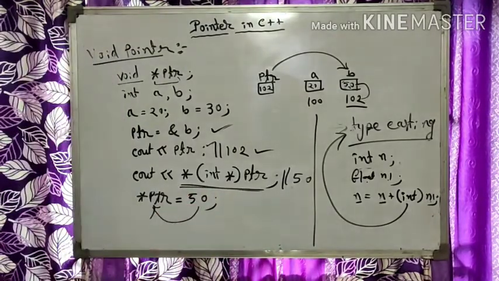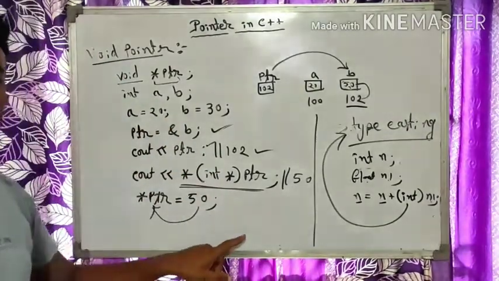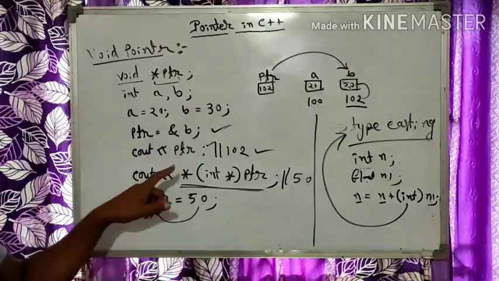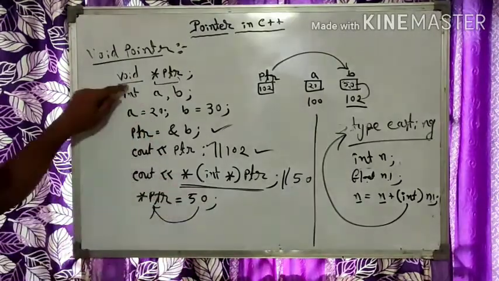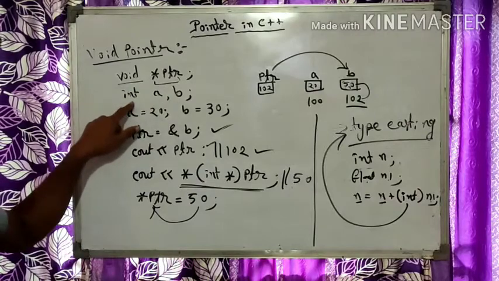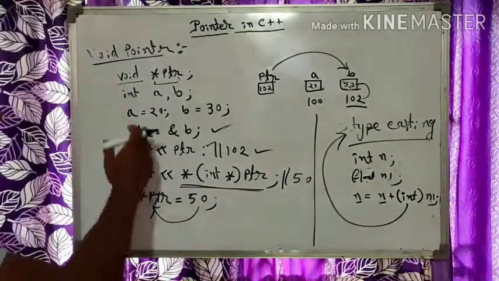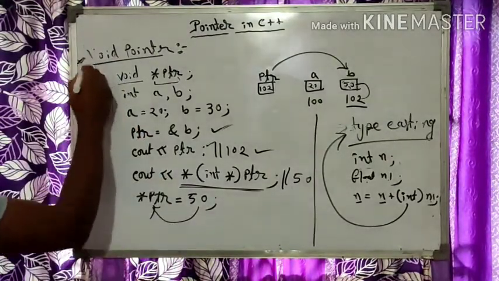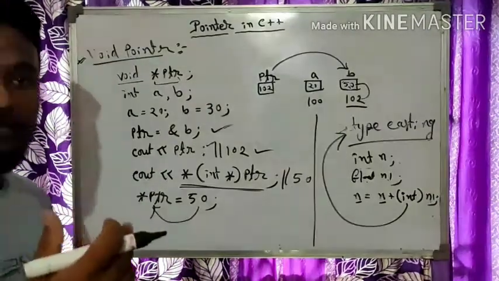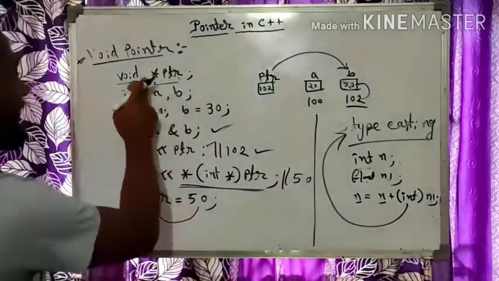That means when we have to do typecasting, in order to display the actual value, or the main content of a pointer variable, we have to typecast it, because you can see here this pointer is type void and this a and b are type integer. So in this case we have to typecast it. I think this void pointer concept is clear. We use a void pointer when our pointer variable type and our normal variable type are of different types.